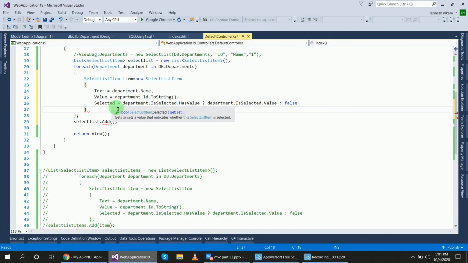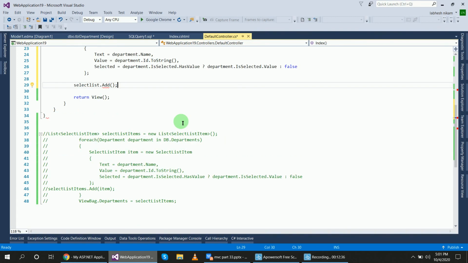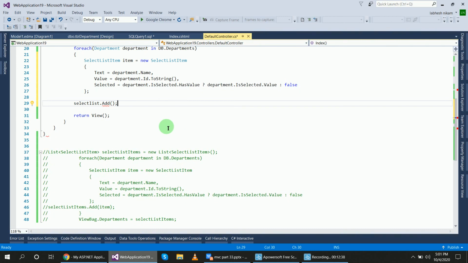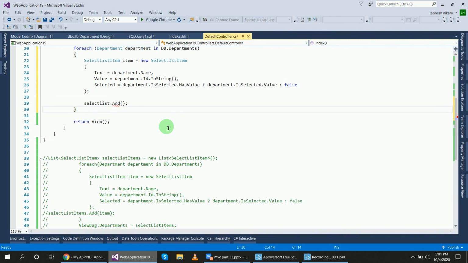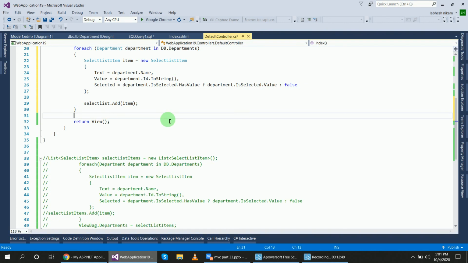I put a semicolon and close this after adding the properties. Then you add the SelectListItem object, item, inside of it.